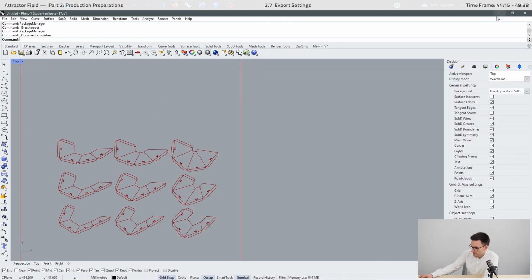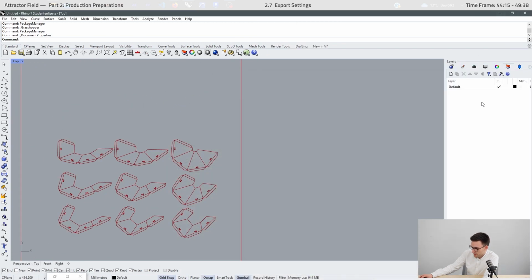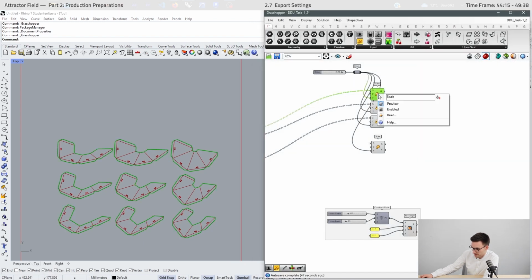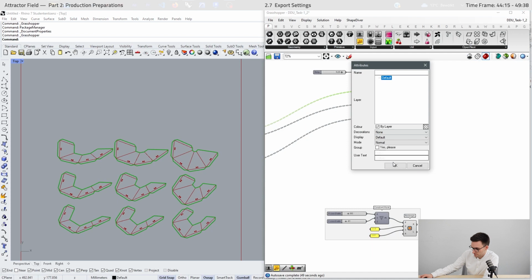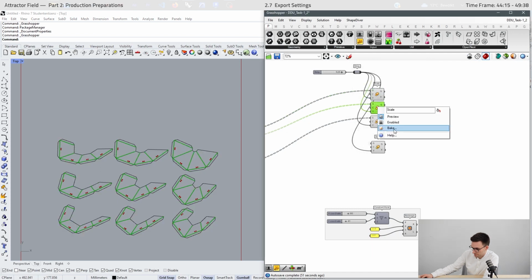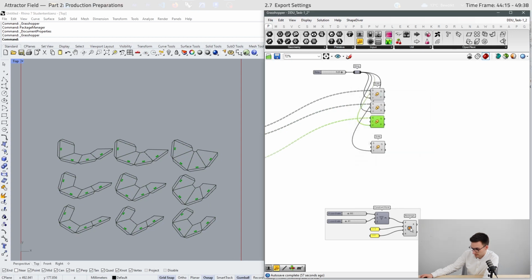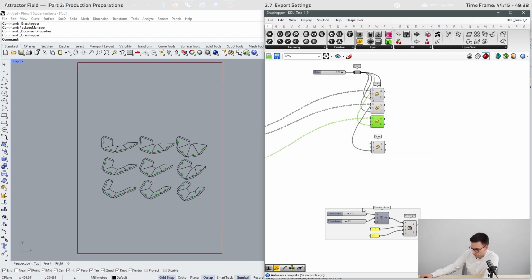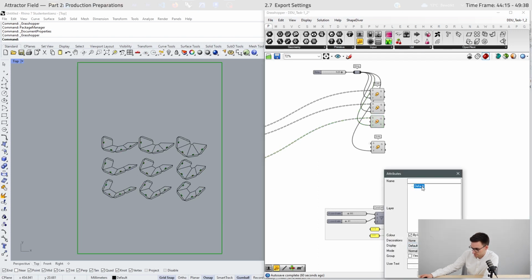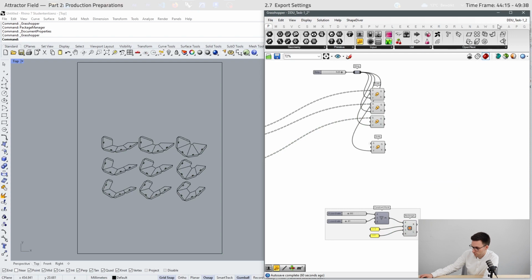Okay, you can arrange everything in different layers. I will just bake all the curves in the default layer. And it's important to also bake this rectangle curve.